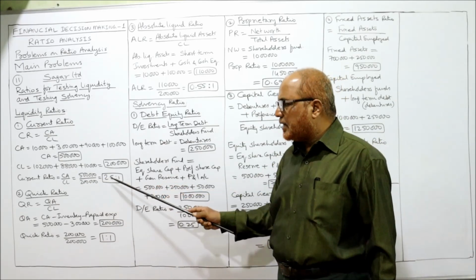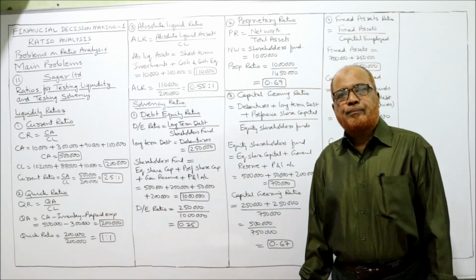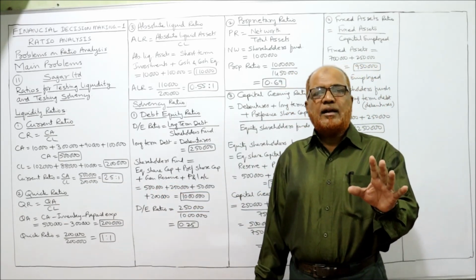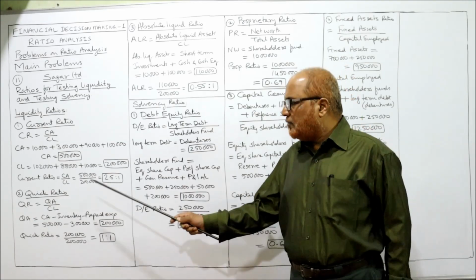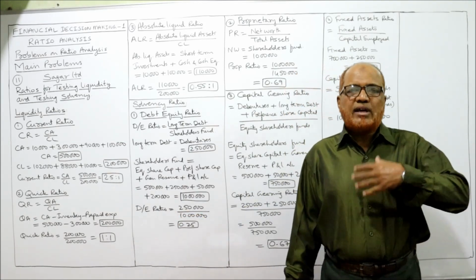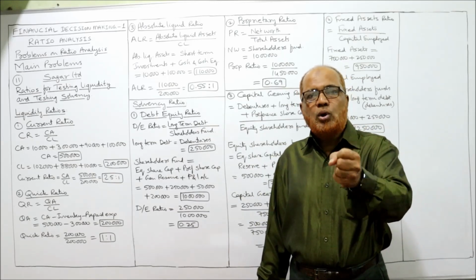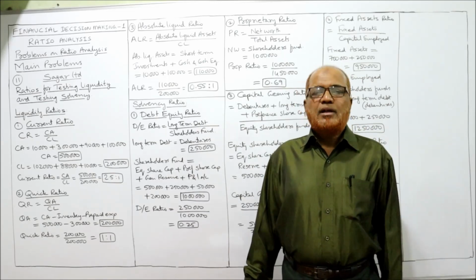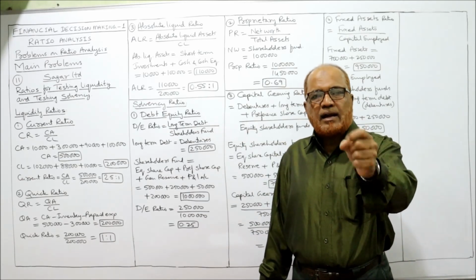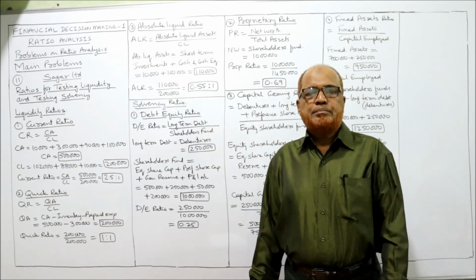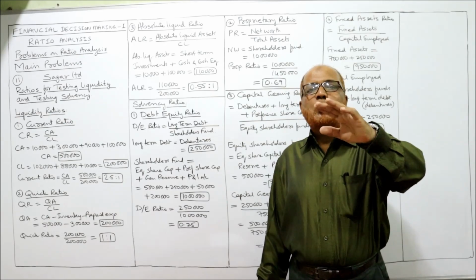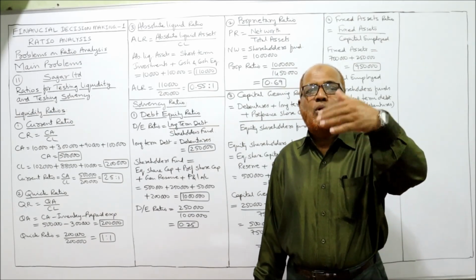So 5 lakh divided by 2 lakh, 2.5 is to 1. The standard current ratio is 2 is to 1, but here we have 2.5 is to 1. So we can conclude the current ratio shows the business is having a good liquidity position. The business can pay the current liabilities on time because the current assets are 2.5 times more